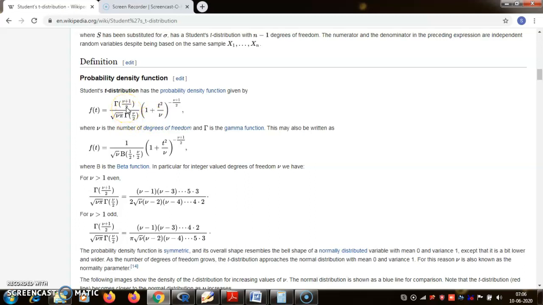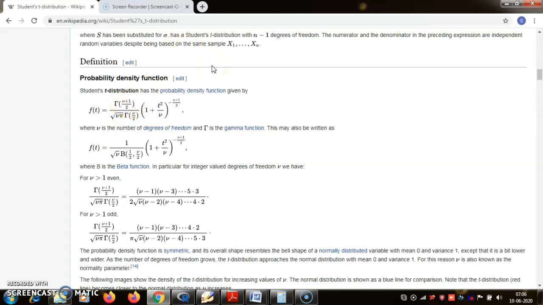I hope you know gamma and beta functions. So gamma of half is square root of pi, and gamma of any n is (n minus 1) factorial, and the gamma function is computed as the integral from 0 to infinity of e to the power minus x, x to the power n minus 1 dx. So that is gamma n. So the constant is the gamma function, and here by changing the values of mu we get different student t